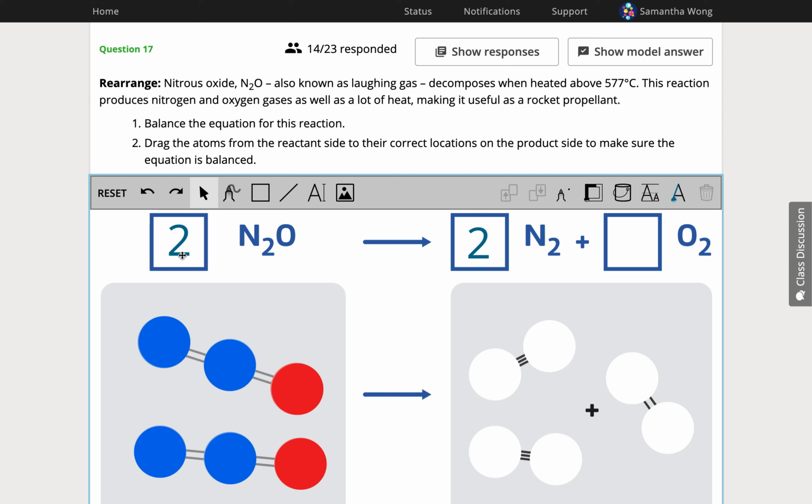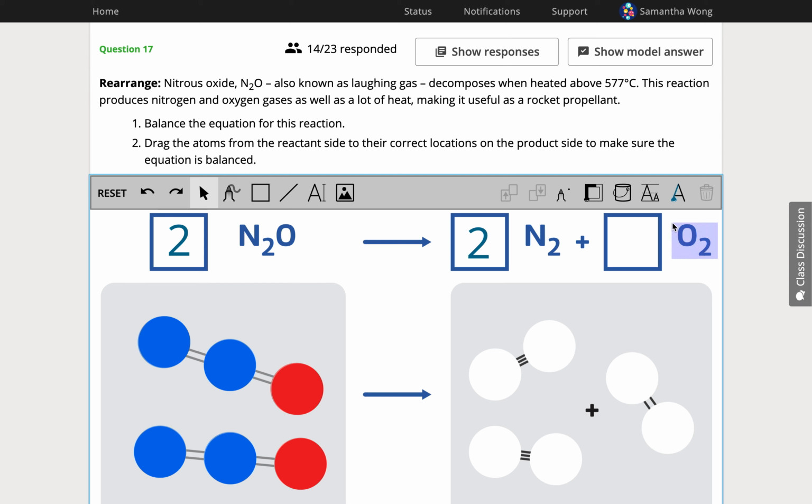Left-hand side, we have 2 lots of N2, which equals 4 nitrogens on the left. On the right-hand side, we have 2 lots of N2, which is 4 nitrogens on the right. So nitrogen's looking good now. And for oxygen, we have 2 lots of oxygen on the left, and we have